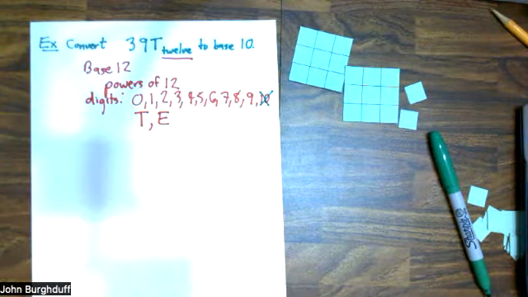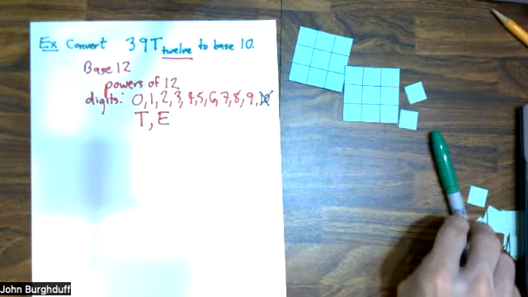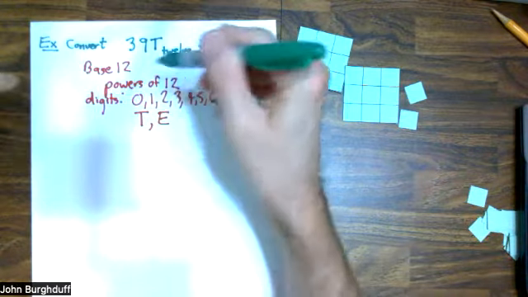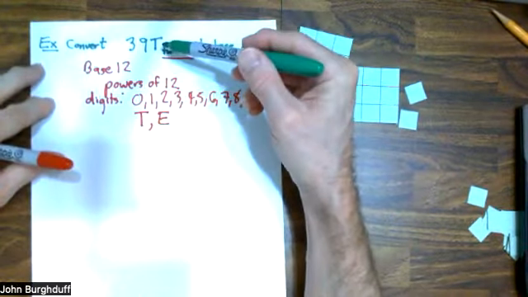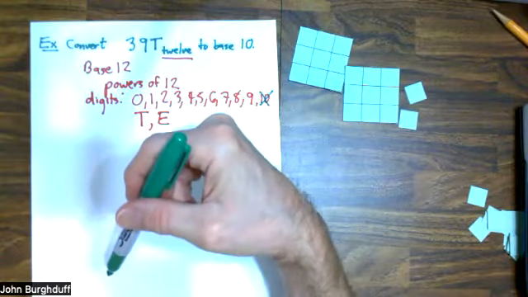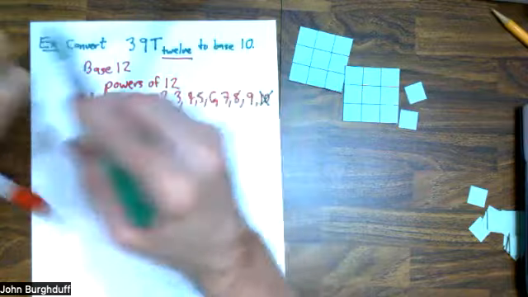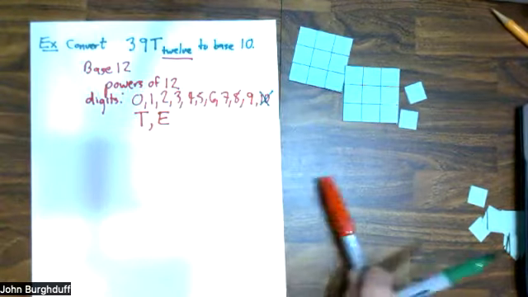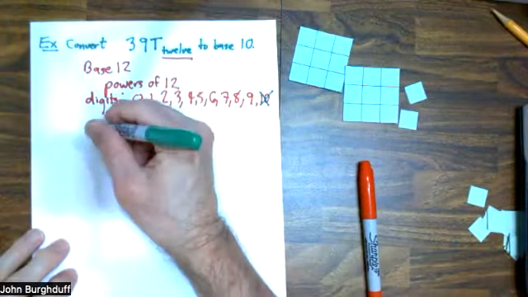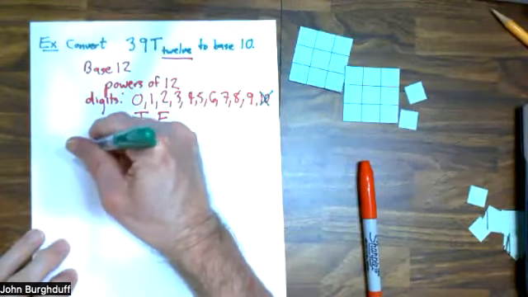And I'll show you how that works in a minute. So let's imagine that we had base 12 pieces where my long had 12 units in it, and my flat would be 12 by 12. And let's write out what this would look like. So we have no cubes this time. We just have flats,